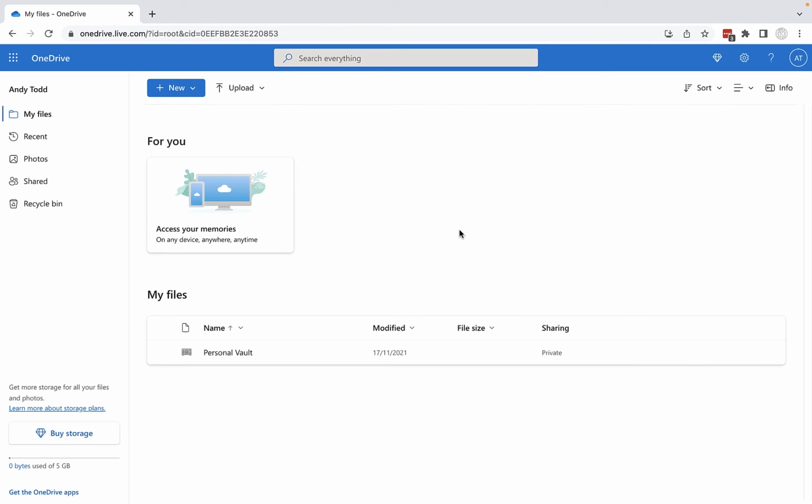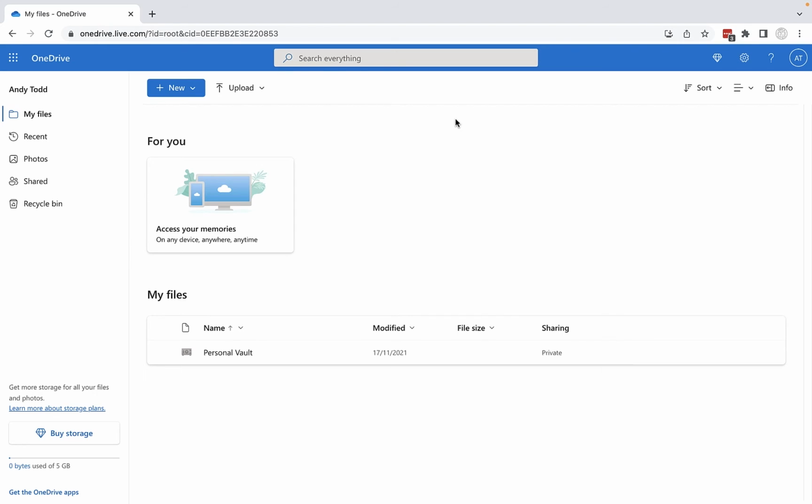Finally, in the center of the screen is your main OneDrive library, and that's where all of your content is uploaded to. So you'll be able to view all of the files and folders that you have created or uploaded to OneDrive within this My Files area. And then lastly, at the top here, we have some options to either create new files or folders or upload existing files and folders. And on that note, let's take a look at how we can create files and folders